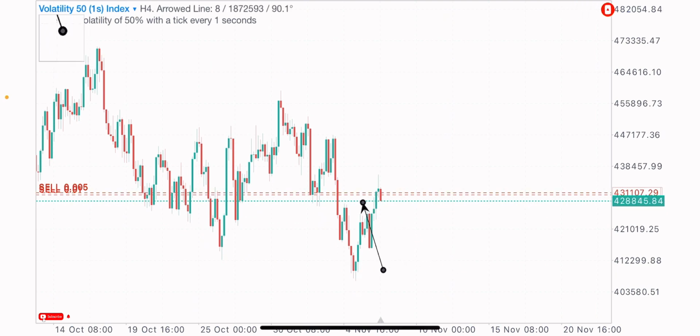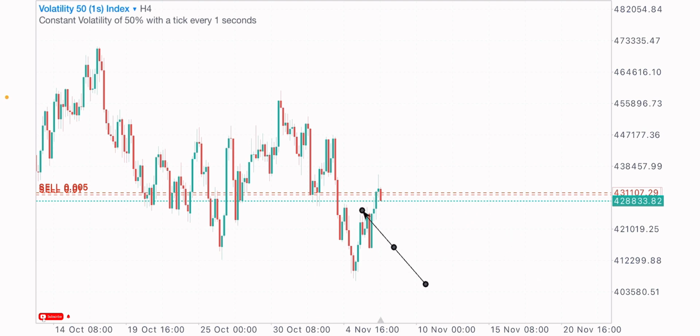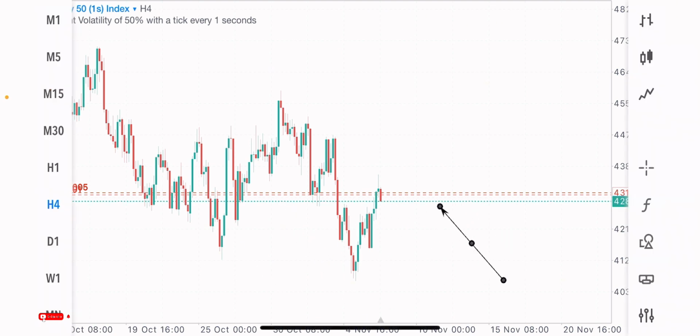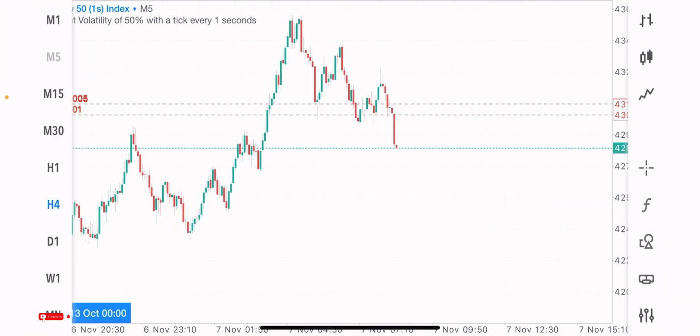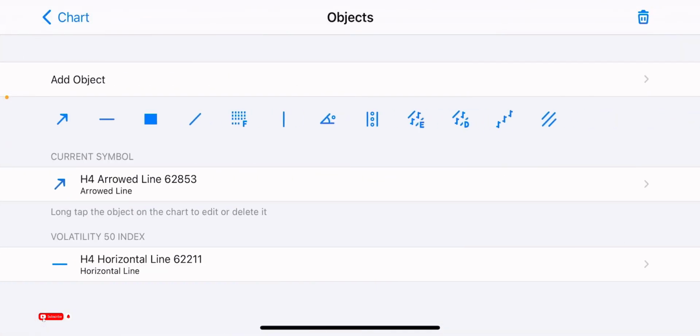So as I always do, I start from the higher time frame whenever I want to analyze the market, whenever I want to look at trade opportunities. I always emphasize this. You guys should make it a habit of starting from a higher time frame whenever you want to look at trade opportunities. You don't just go to the 5-minute time frame and place your buy and sell anywhere,